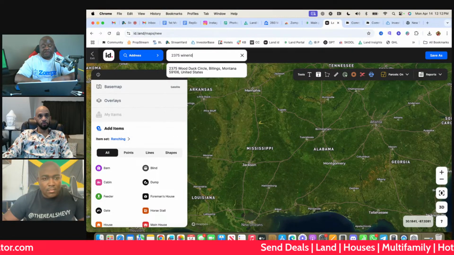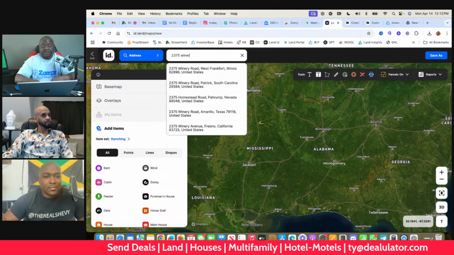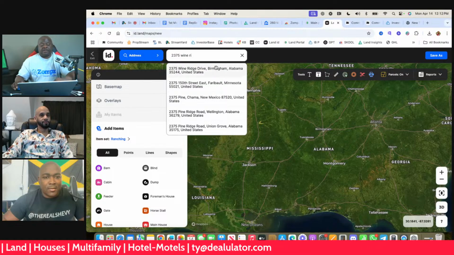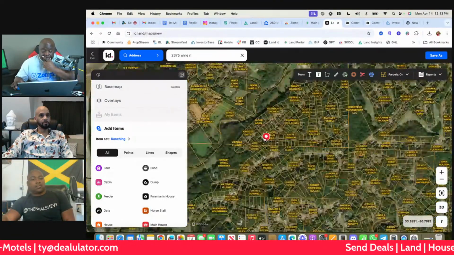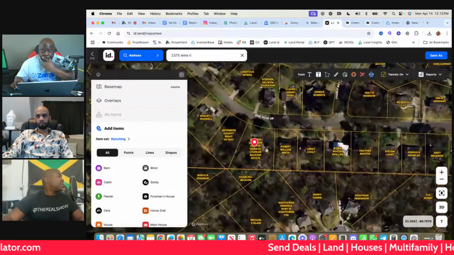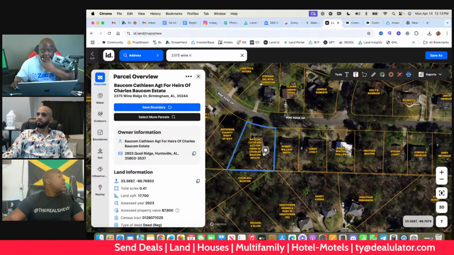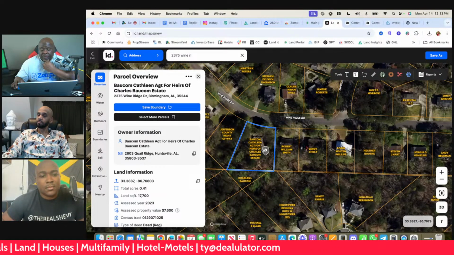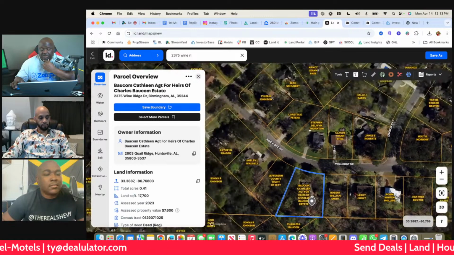Yeah, there it is right there. There's some good stuff over there. He lives in Huntsville too. Okay, so this is 0.40. This is 0.26.